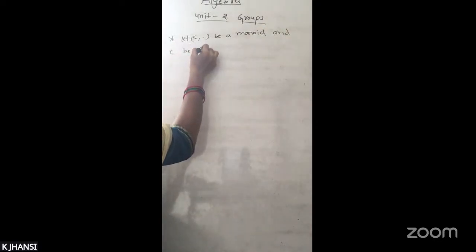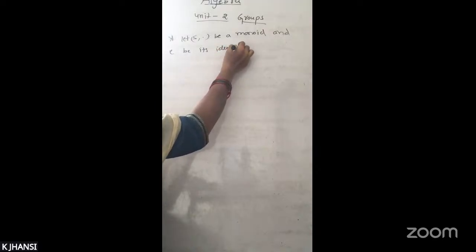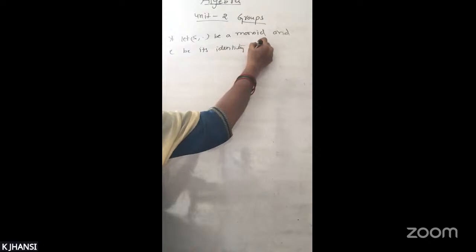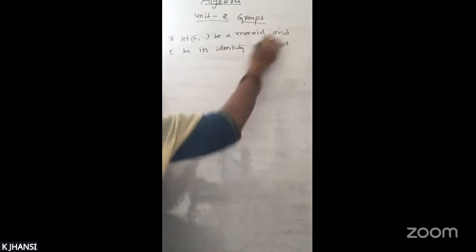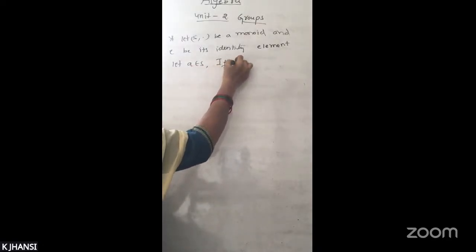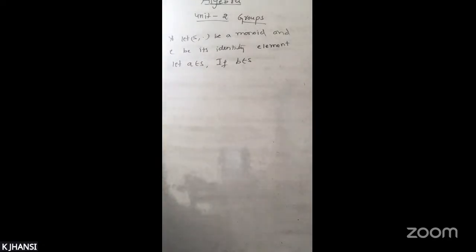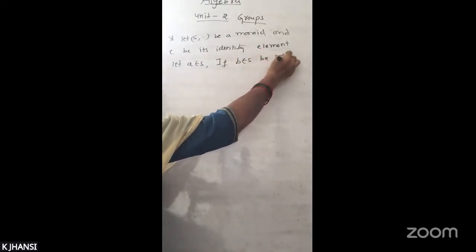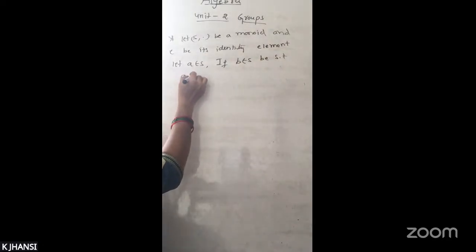Monoid means it satisfies the associative property and also the identity property. Let e be its identity element. Let a belong to S. If b is another element belonging to S such that a · b = b · a = e,